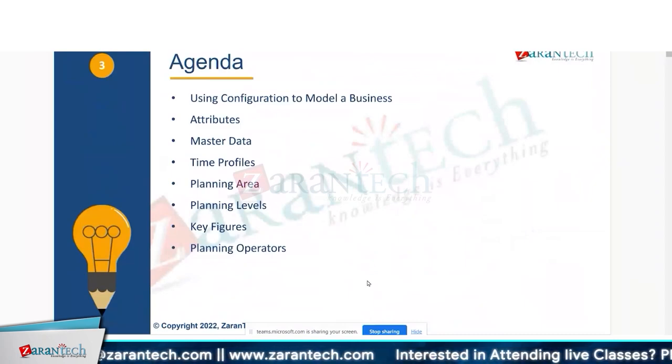So most of these keywords, or most of these words, you might have already heard in the previous session. So we'll just have a deep dive into this and try to understand what exactly it means and how it contributes to the SAP IBP system. So planning area, the most important part, or the primary part, of the configuration of SAP IBP is the planning